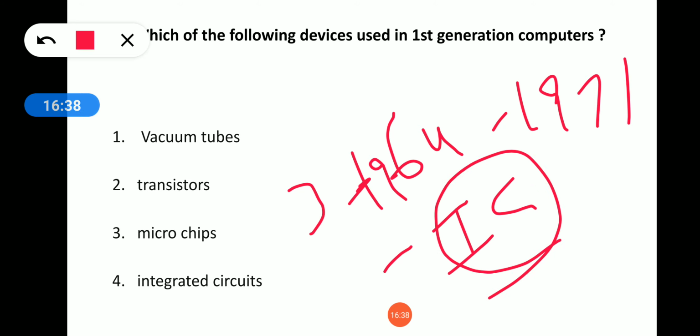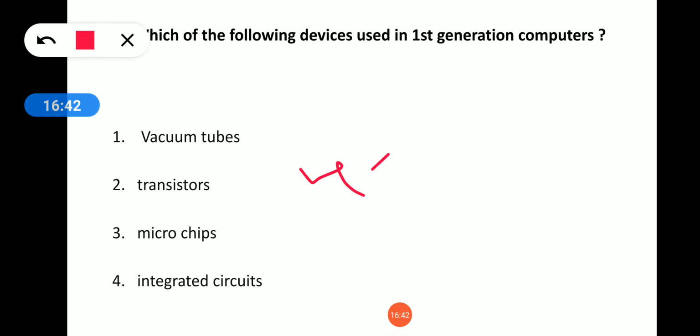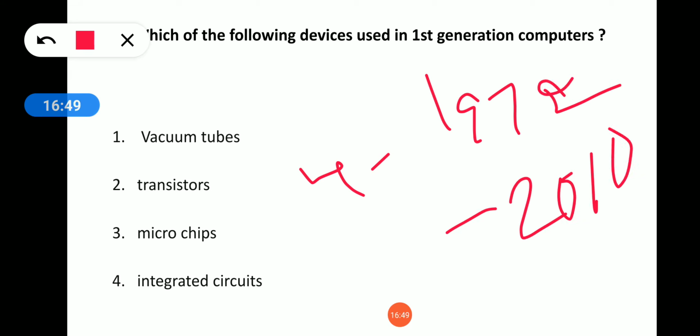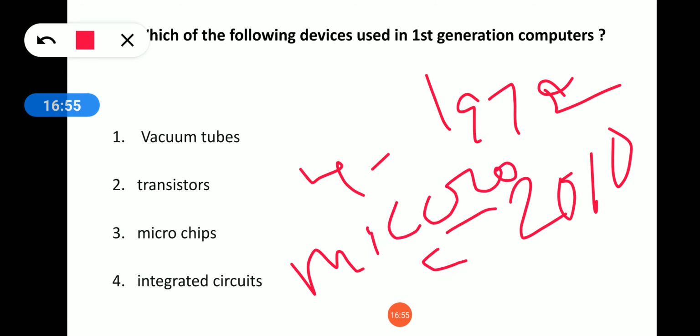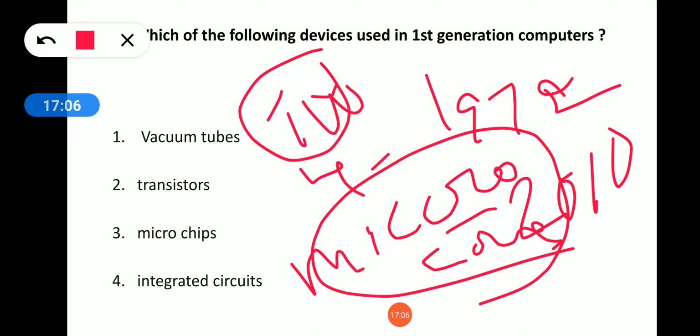Next, the fourth generation is from 1972 to 2010. The main concept used here is microprocessors, like the Pentium processor of Intel, i3, i5, i7, and AMD processors. There are mainly two types of processor manufacturing companies.